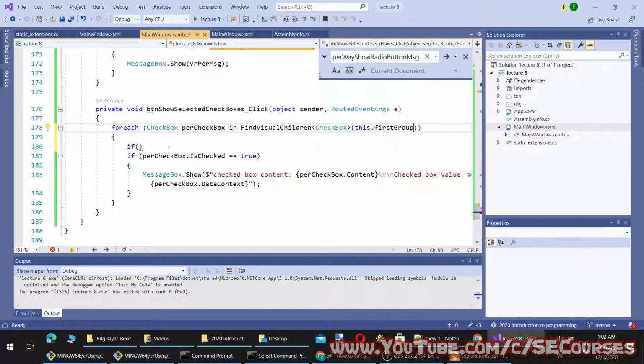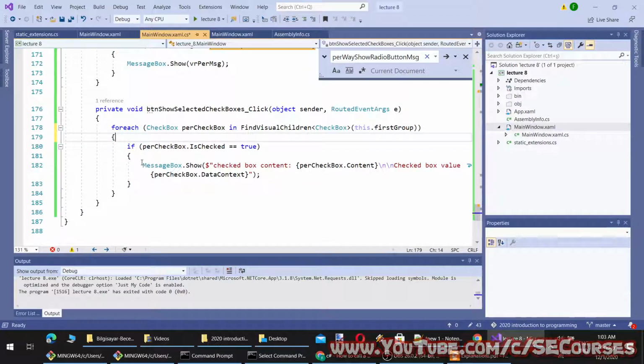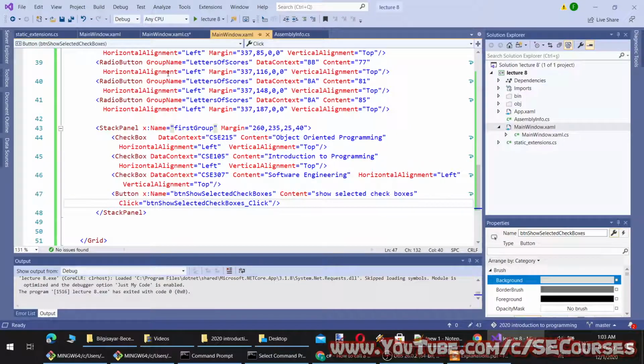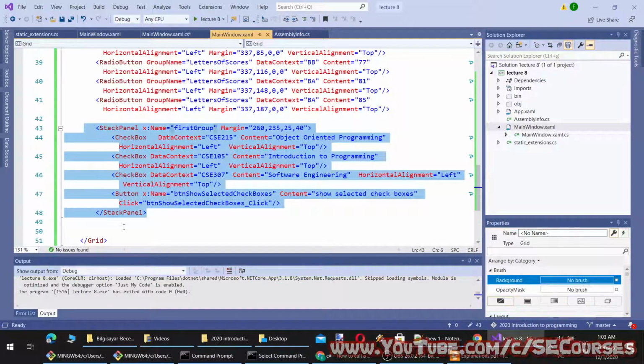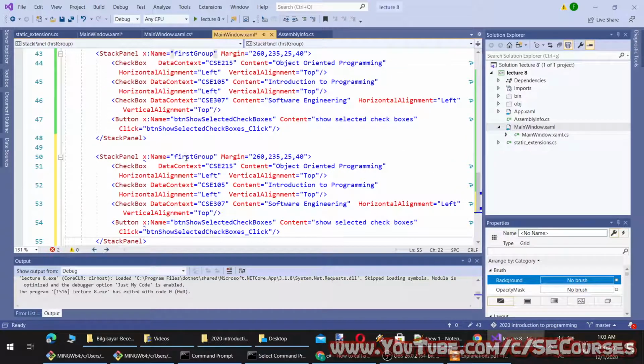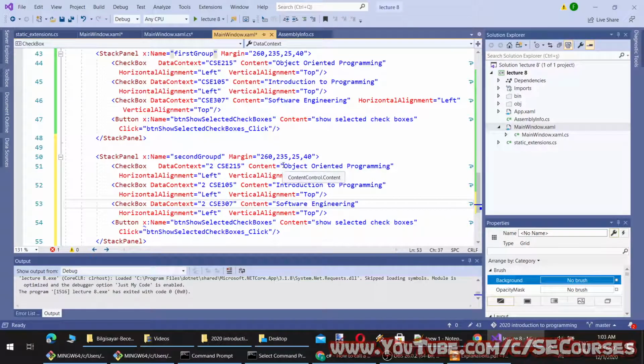Yeah. So with this methodology, I can group my checkboxes and make it iterate only this checkbox group. What I mean is, let's say if I copy and paste this stack panel and have another one, second group, and I will add different namings like this, and like this.